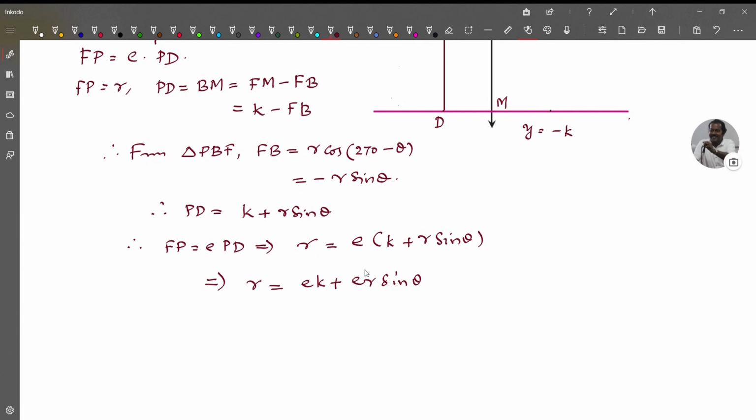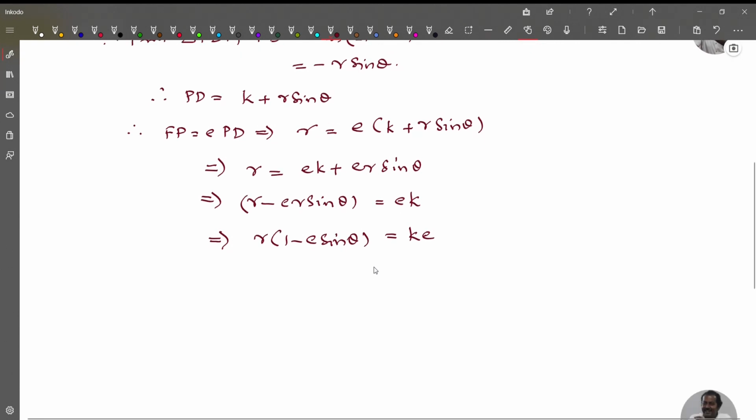This implies R minus ER sin theta equal to EK. This implies R into 1 minus E sin theta is equal to KE. So this implies R equal to KE by 1 minus E sin theta,